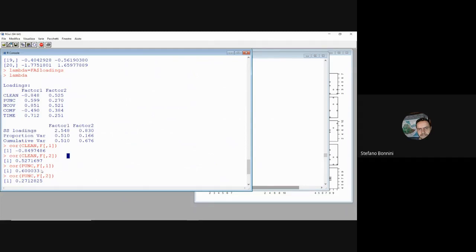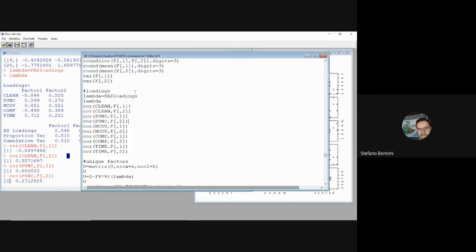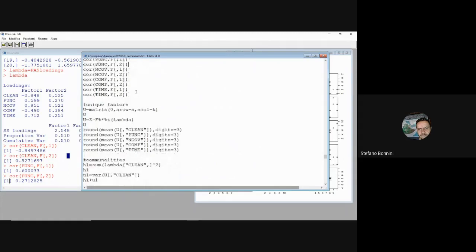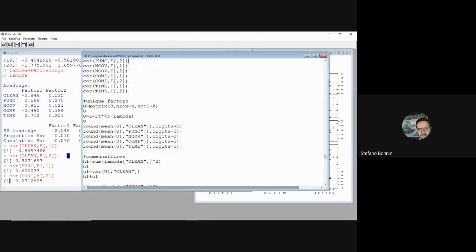Correlation between punctuality and factor 1, 0.6. Loading of punctuality with respect to factor 1, 0.599, so approximately the same value, and so on. So correlations correspond to factor loadings, or in other words, the lambda values, the loadings, represent the correlations between original